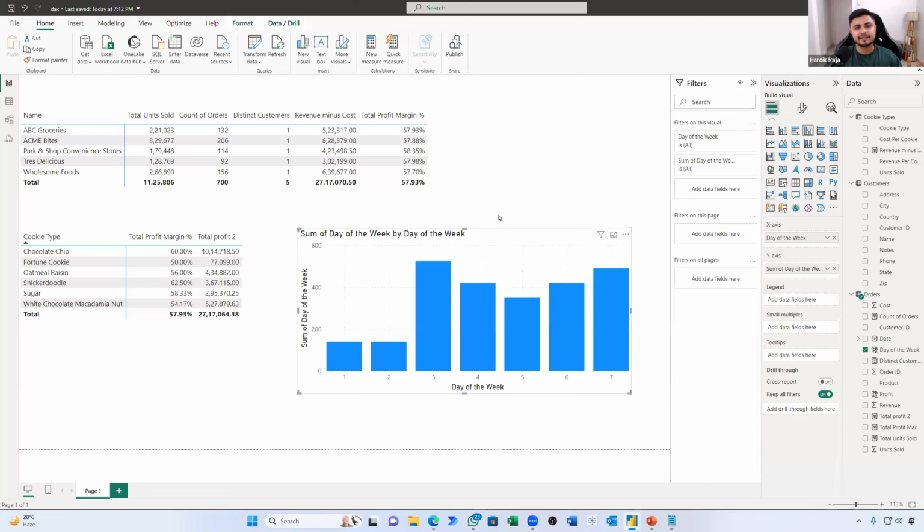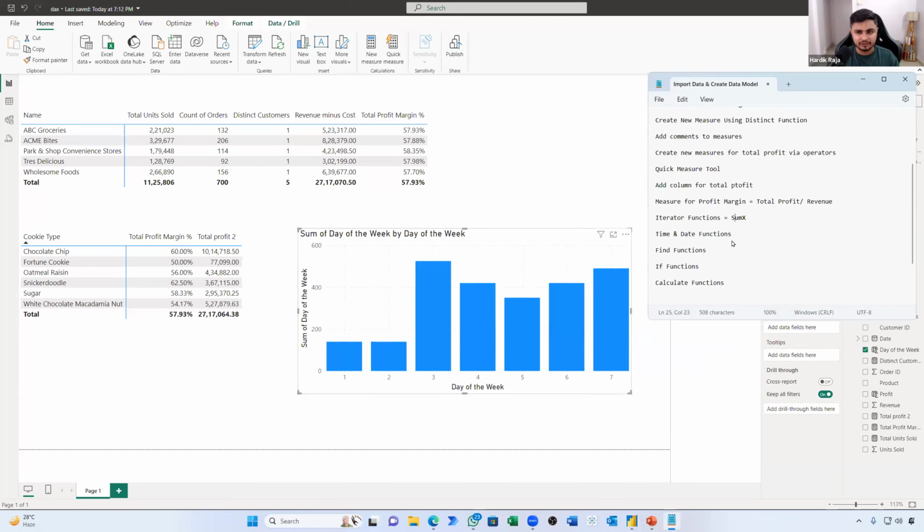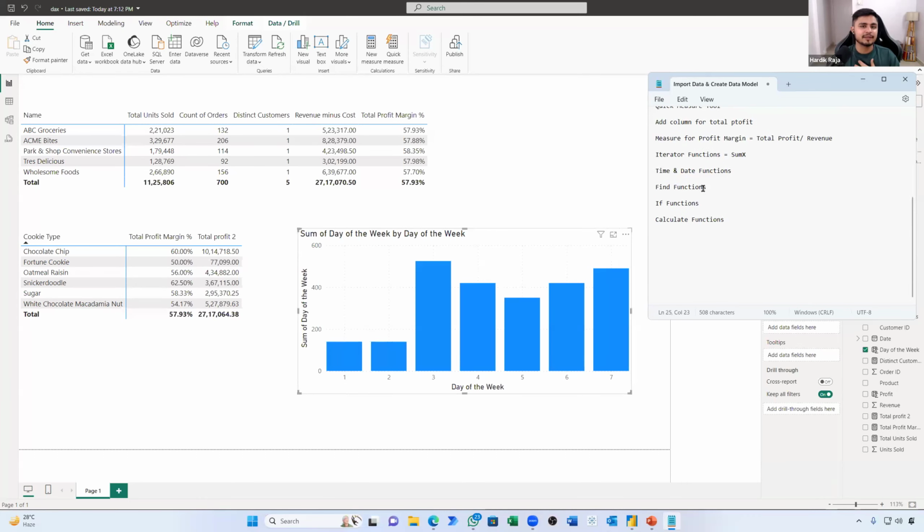You have learned so many things. But you would be like, Hardik, is this enough to master Power BI? I would say no. There are still important aspects left, which are not relevant for everyone. But as my responsibility as your mentor, I should cover one find function example and one IF function. These are the major things in Excel: IF, nested IF, find function, calculate function. Now, these are the three important things which are the only ones left in Power BI.